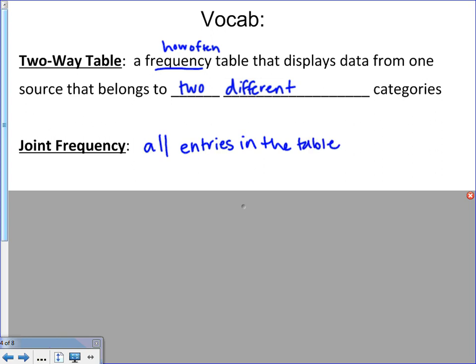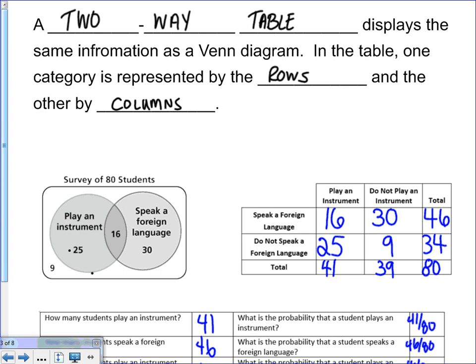You can think about joint frequencies as the data that you've collected. So like how many people are doing foreign language? How many people are playing an instrument? I'm going to flip back to the previous slide, and I'm going to highlight where the joint frequencies are on the table. Okay, so if we go back to the previous slide, and we're looking at our table,